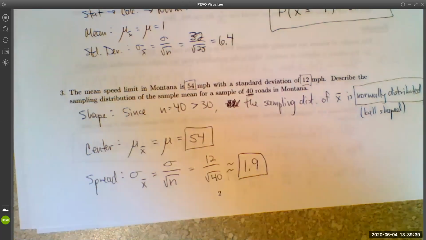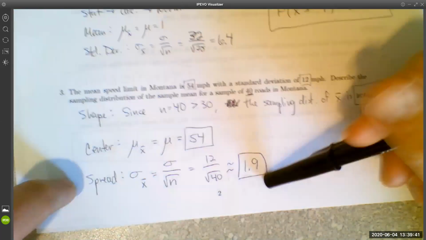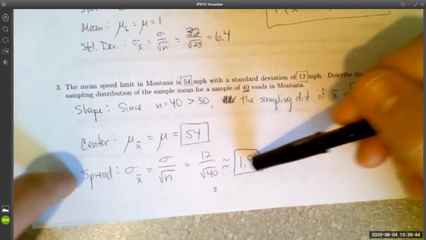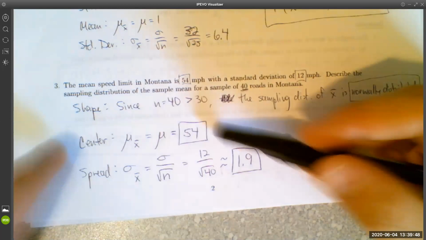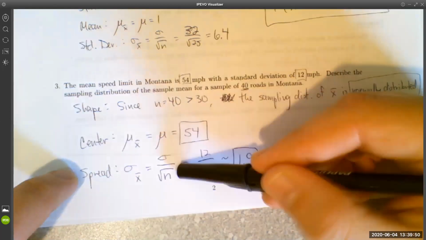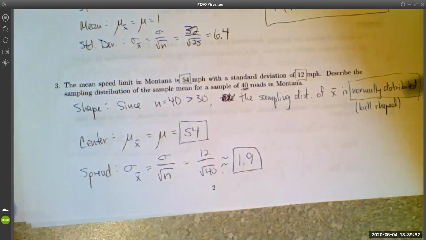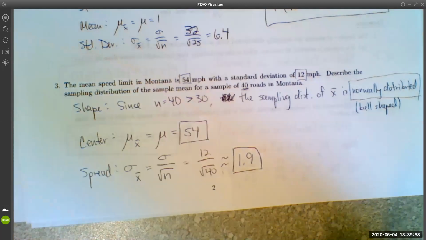So that's that. But the center and spread are still going to follow this. Regardless of the shape of the underlying population, the center and spread are still going to be given by these little formulas. So that is the moral of the story. I almost hesitate to say this, but you could almost stop watching the video now and you could probably answer all of the homework questions just fine, okay?